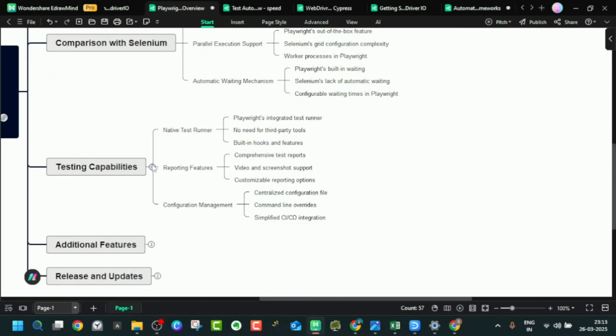Let us see the testing capabilities. Playwright has its own integrated test runner, and there's no need of any third-party tools for running. It has its own built-in hooks and features, and it has its own reporting. Comprehensive test reports can be created using Playwright, and all the reporting can be customized. And then the configuration management: it supports simplified CI/CD integration and a centralized configuration file where you can change all the configurations in a single file. It is also possible to do command line overrides with the help of Playwright. So these are all the cool features of